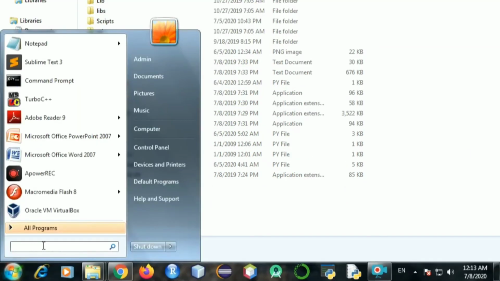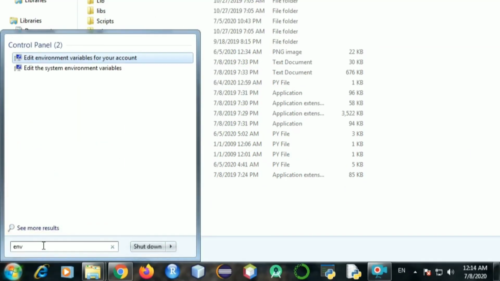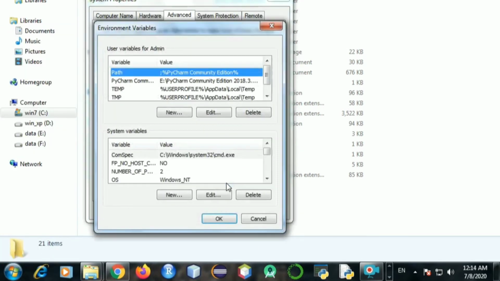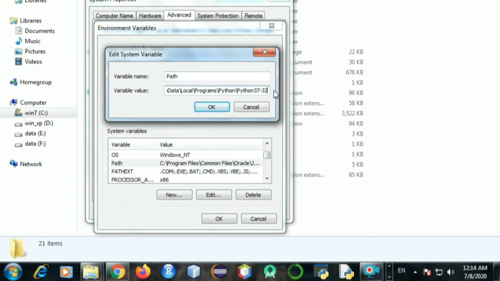Now again, open up environment variables. Go to system environment variables. Again, environment variables. In system variables, find path. Now again, a very careful step you need to perform. Go right at the end of the line, put a semicolon and just press Ctrl V. You will have your path copied for you. As you can see, I have my Python 37 folder copied out here. And just click OK. Keep clicking OK until you exit it.